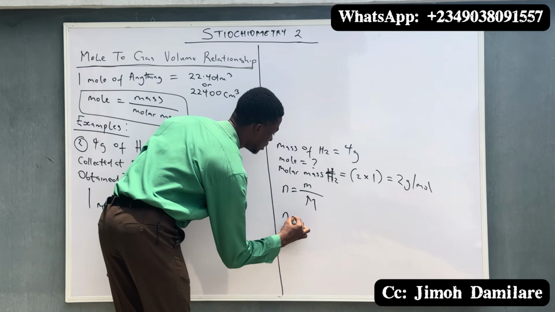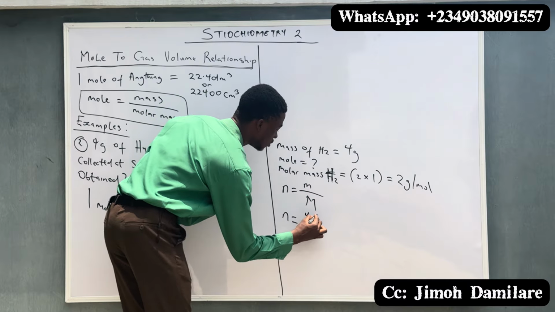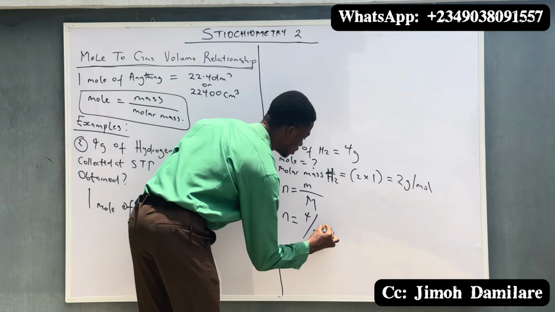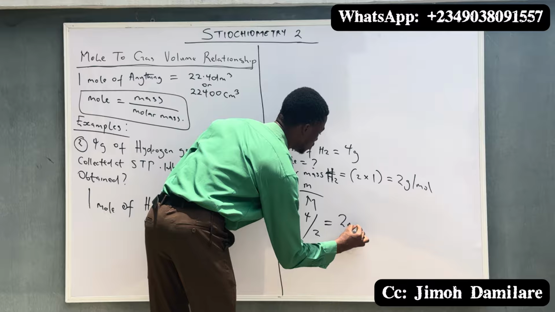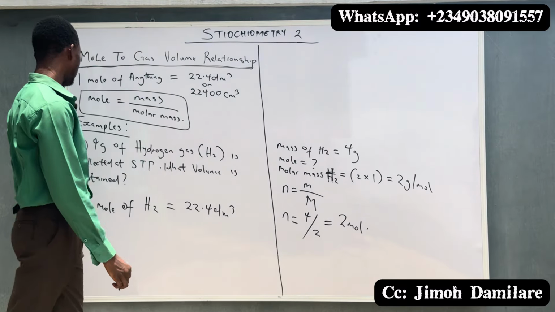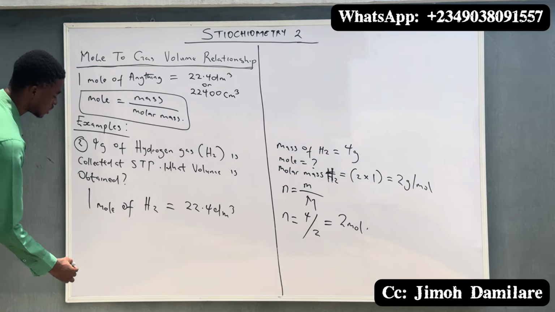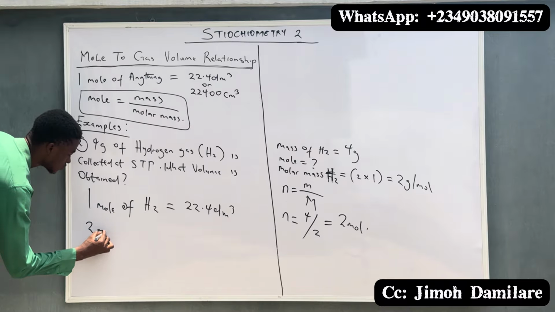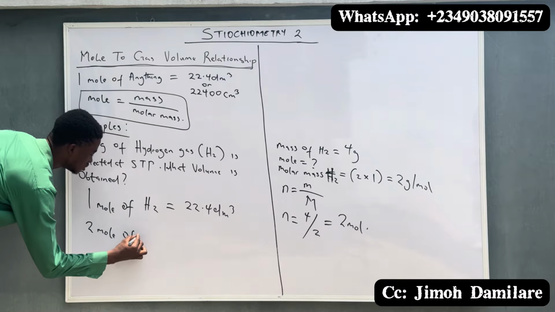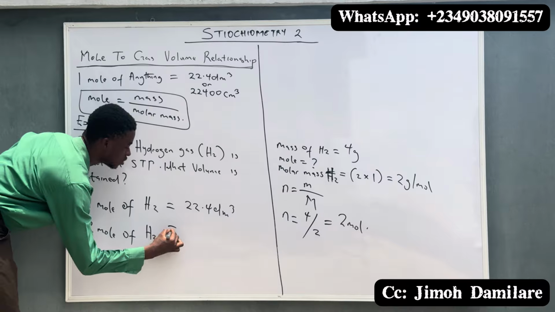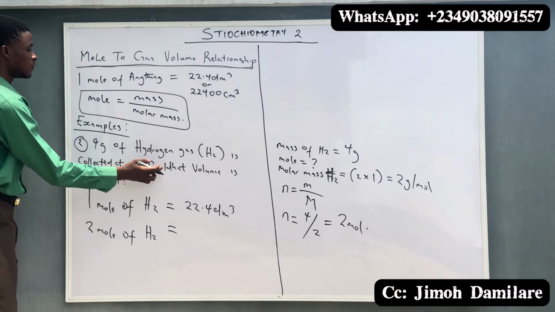So our mole will be equal to, what is our mass? Our mass is 4 over, what is our molar mass? Our molar mass is 2. So our mole will be equal to 2 mole. So now that we have gotten our mole, we can now bring it back to what we are solving. So we can now say 2 mole of hydrogen, which is H2, will be equal to,